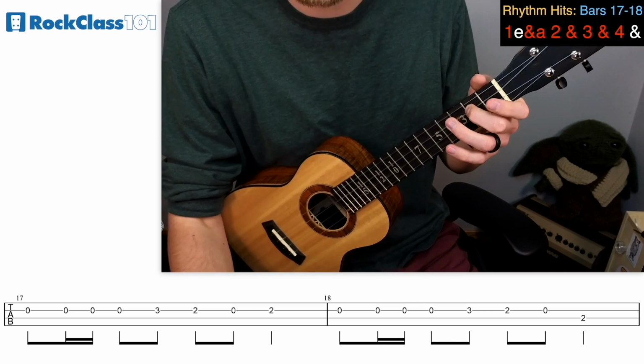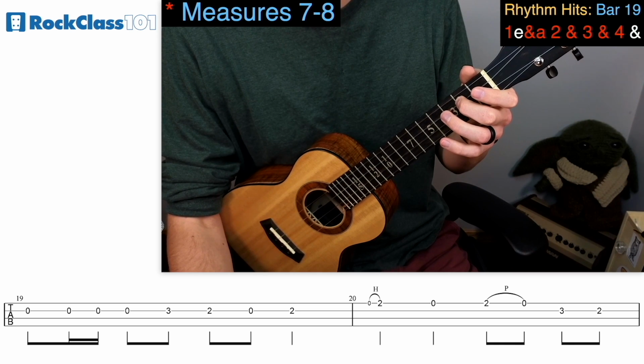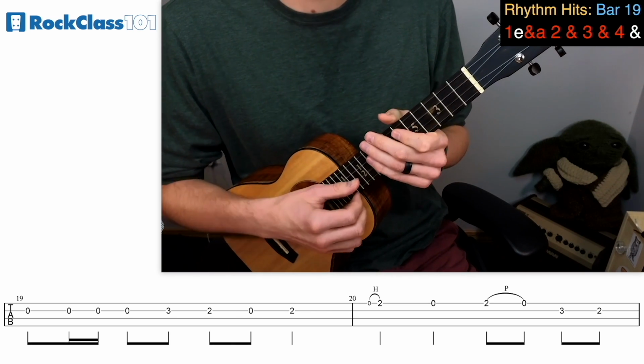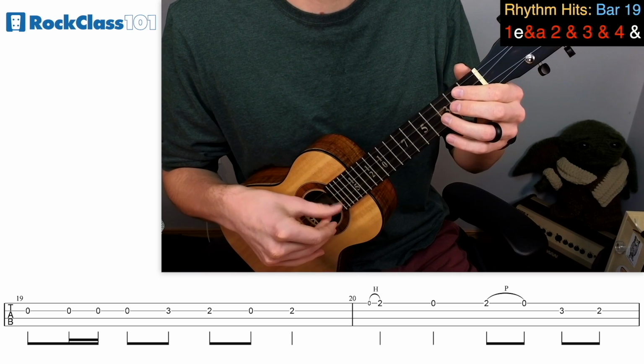So exactly the same as what we played before. And then from here we go on to measures 19 and 20. And measures 19 and 20 are going to be exactly the same as measures 6 and 7 that we played earlier. So in time that's going to sound something like this. 2 and 3 and 4 and...